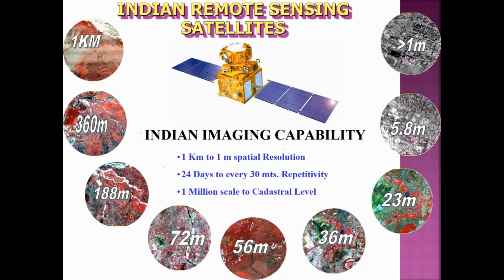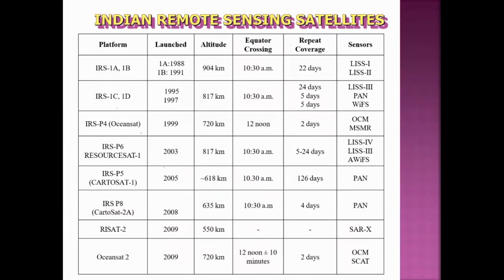So here now we will move towards the Indian remote sensing satellites, from where questions can be asked on the resolution. And so here, see, these are the different types of the platforms. Only two columns are important in this slide. Okay, these are the different types of the platform, and these are the different types of the sensors. At least you should know that there are different types of sensors and the names of those sensors and the resolutions. In the next slide it is there. Okay, LISS-1, LISS-2, LISS-3, PAN. Okay,